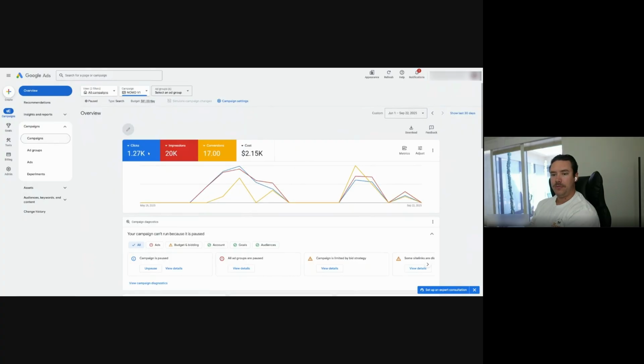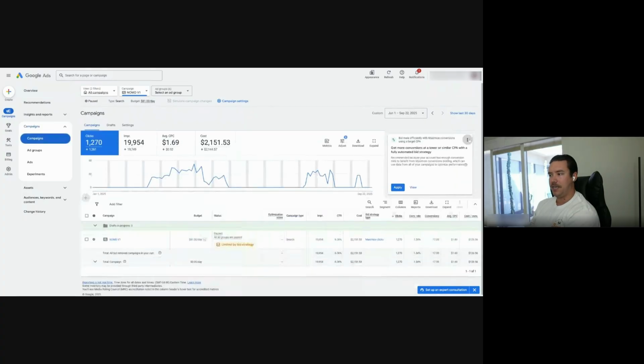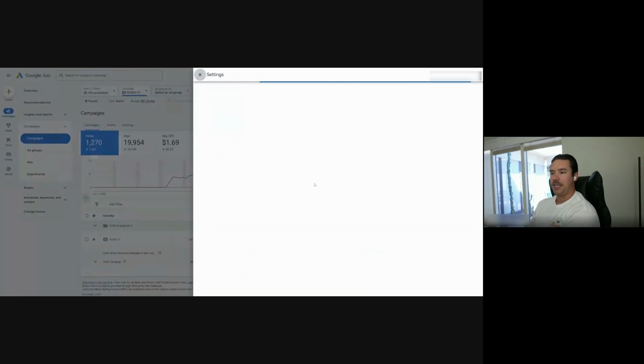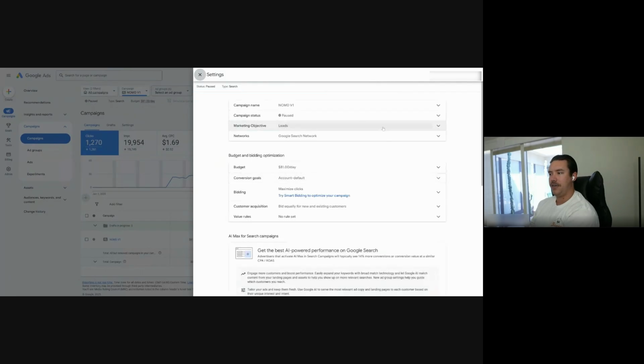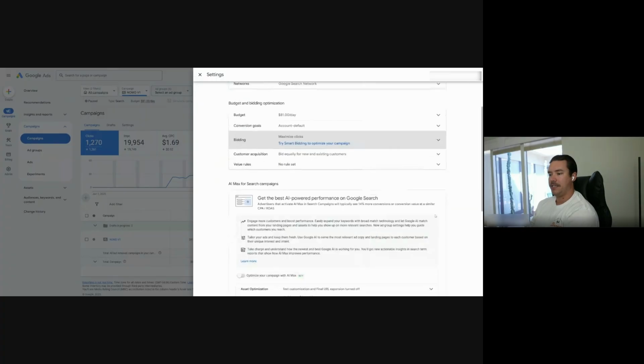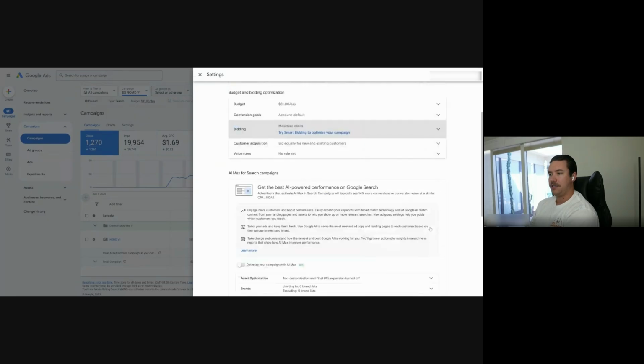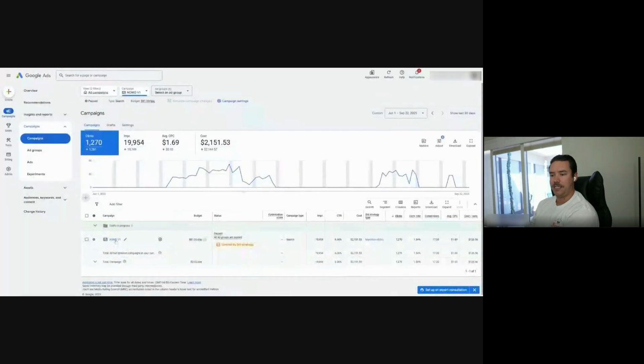Okay. So now let's actually go take a look at this campaign itself. When I go in here, I see $81 today. I'm just going to go into this real quick. Let's see what kind of settings you have in here. Okay, you're optimizing for leads. Nice, you have these turned off. Sweet. Maximize clicks. Perfect. Okay, yes, you're doing this correct. So this all looks fine. No red flags I see in there right off the bat.